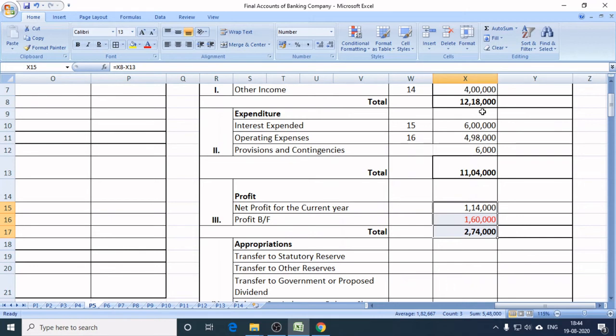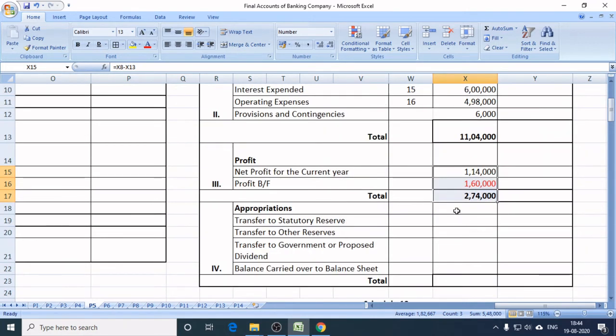Okay, now we have to make appropriations of this profit. So here write this total as it is, 2,74,000. Now we must first provide 25% of current year net profit to statutory reserve. So 25 percentage,